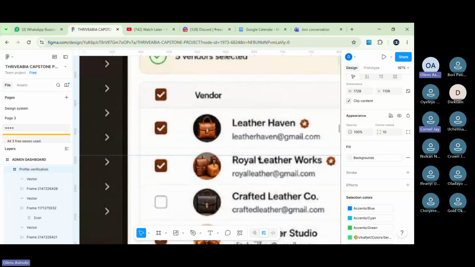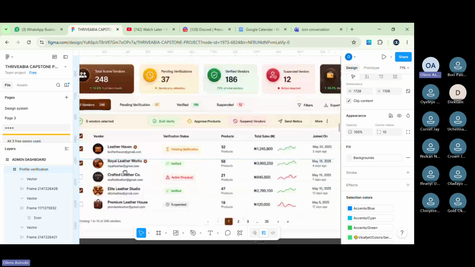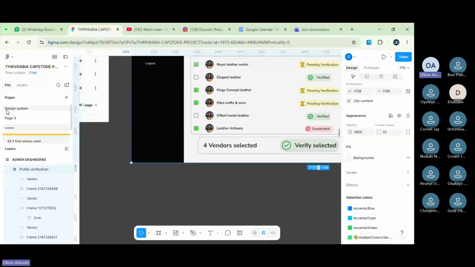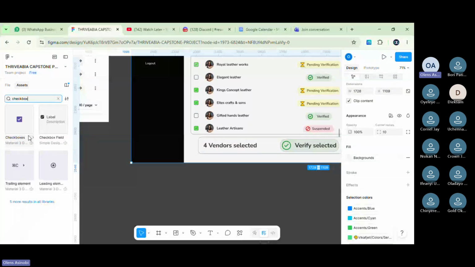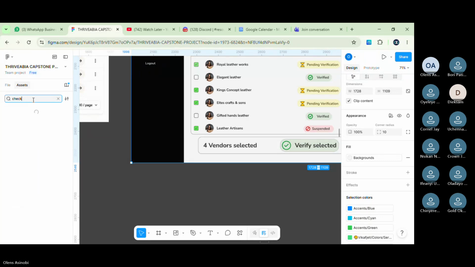If you even come to the components panel, you're going to see check mark. Search for check mark, or checkbox rather. If you see checkbox, you can just easily carry the way they put it. Don't we have checkbox in this our own? Okay, you follow the one that is here. Okay.